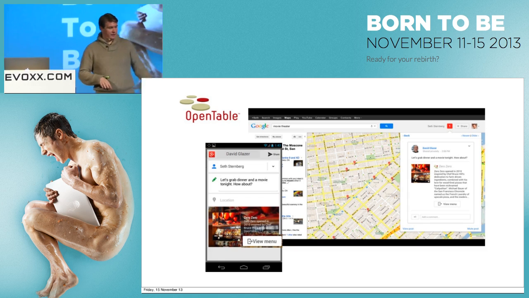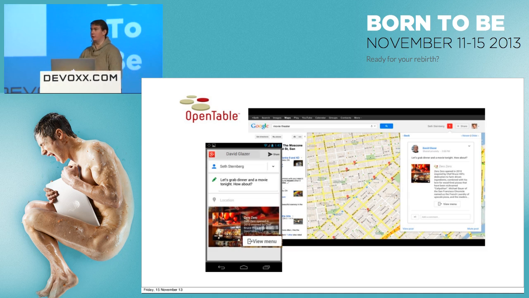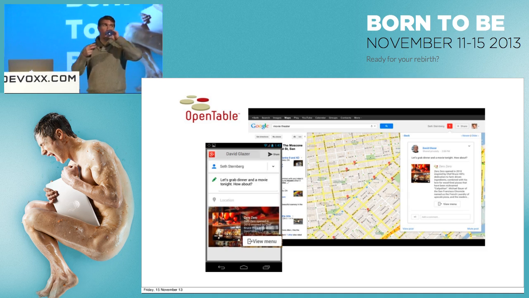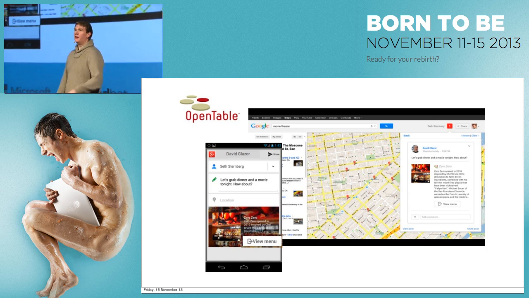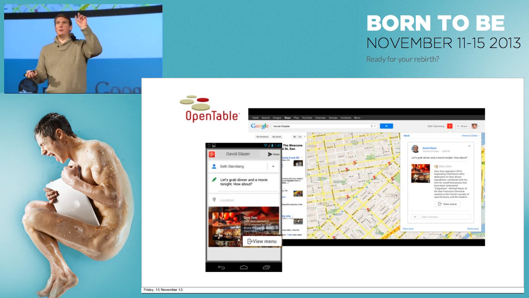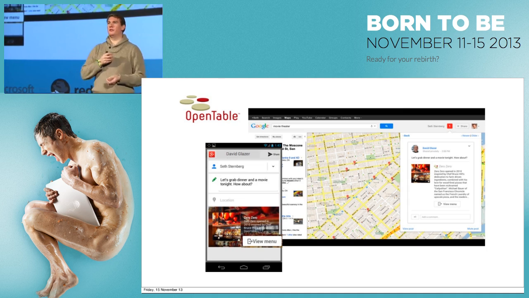The first one is that there's this button on there, the View Menu button. This button appears in the Google+ app, or it appears on the Google+ site, and when you click it, it takes the user to a deep link into the site. There's nothing technically interesting about that. What's interesting about that is from a user experience point of view, you're pressing a button. So you can do things on that button press. For the user, it feels like interacting. So for example, if you press buy, it'll just add it to your basket. It doesn't take any permanent action, but it just makes that whole process feel a bit quicker.